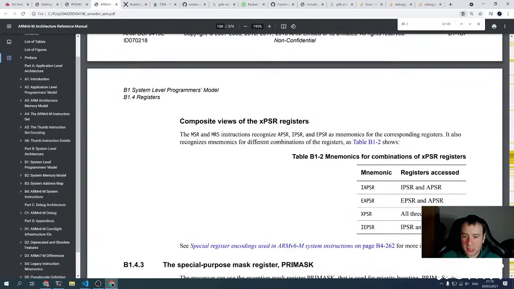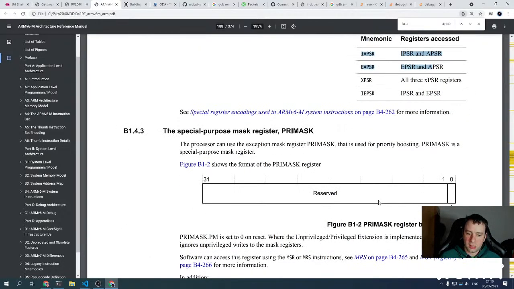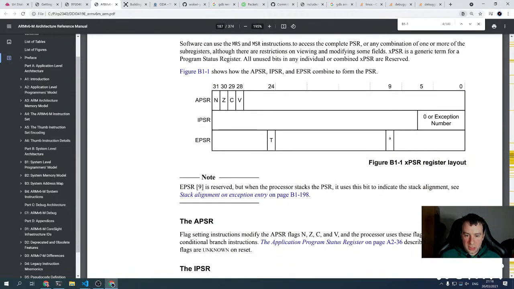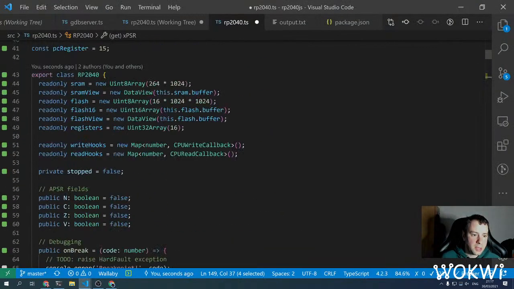So there is xPSR, then there are composite views, but I'm not sure if we need to care about it. Anyway, this is actually just two values, and this is the exception number or 0. So maybe we can just